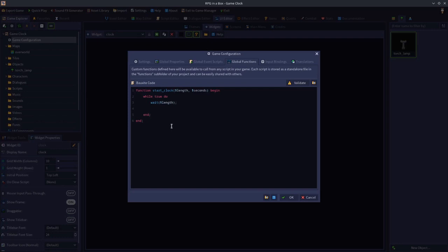Okay. Then we want global.property seconds. This is the number one that we set up in the game configuration. Global property seconds should add 1, so it should go up a second. And then we want to check if global.property seconds is less than 10, then end. If it's less than 10,